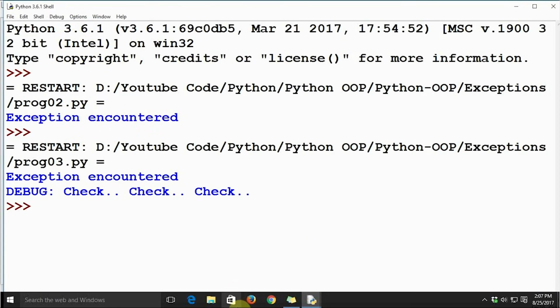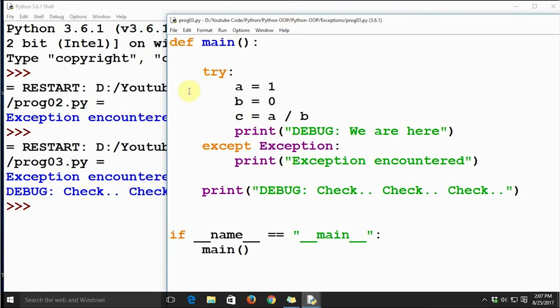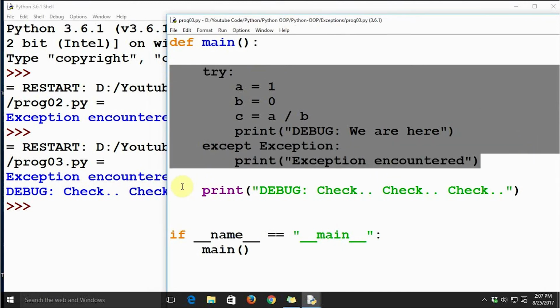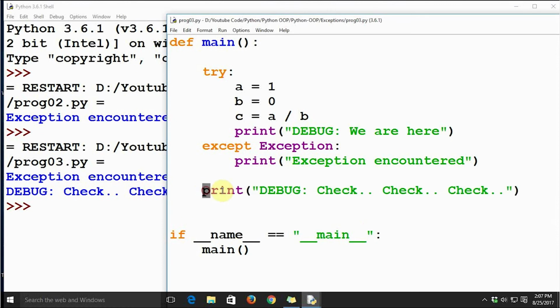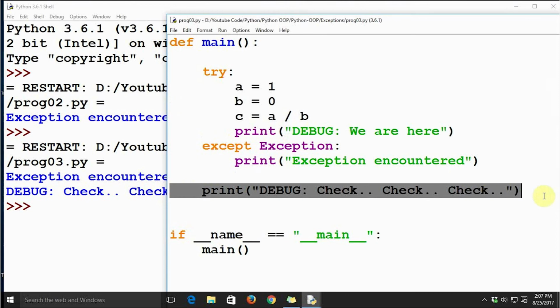We have executed the module, and as you can see, once it exits the try and except block, whatever is outside of that block, it will directly go ahead and execute. This print debug check statement is not part of the try and except block, which only surrounds these statements. So its execution is independent of whatever we run in the try and except blocks.